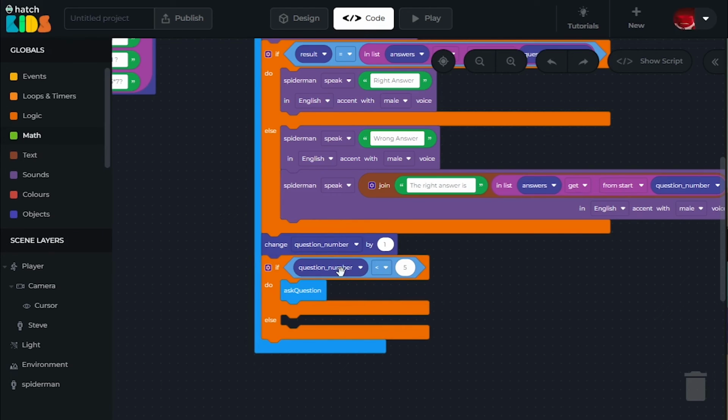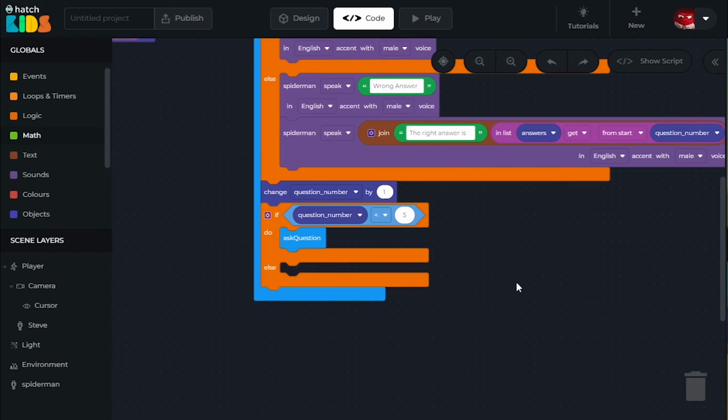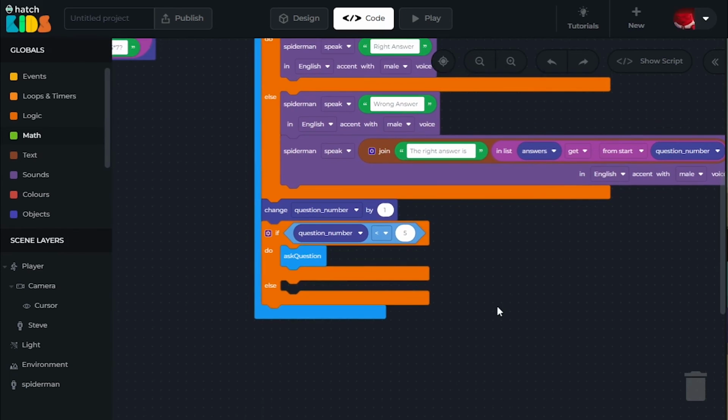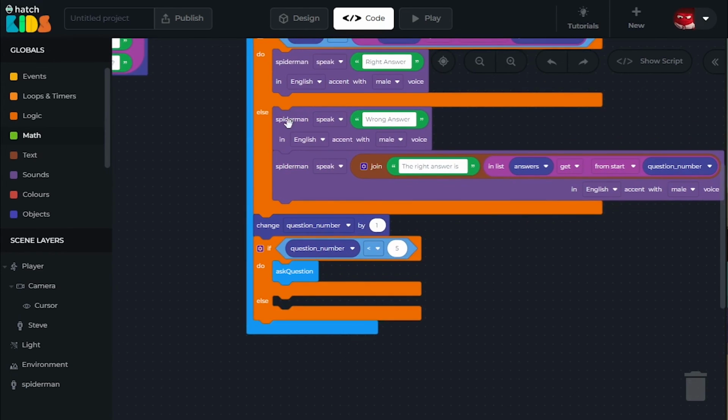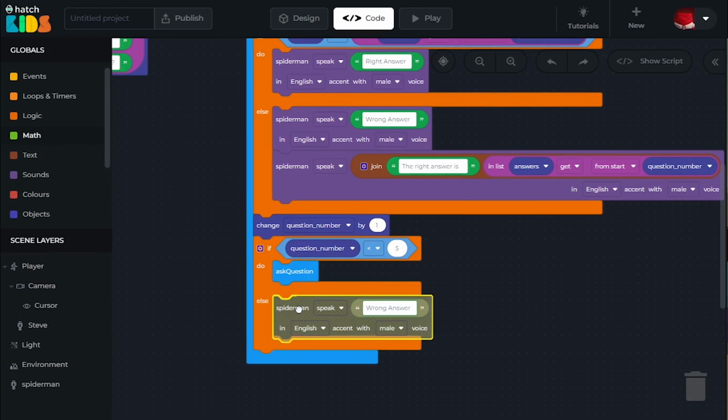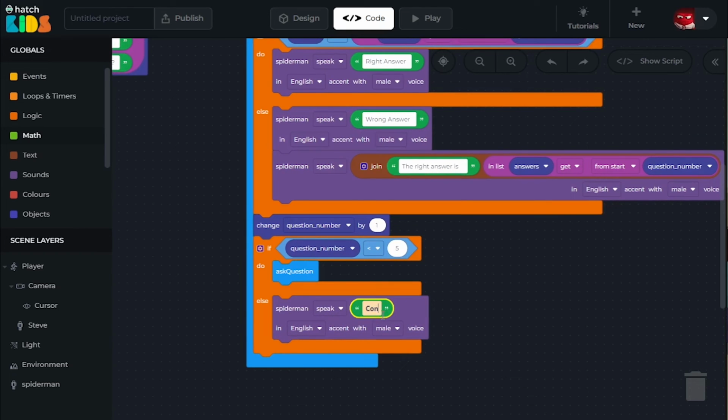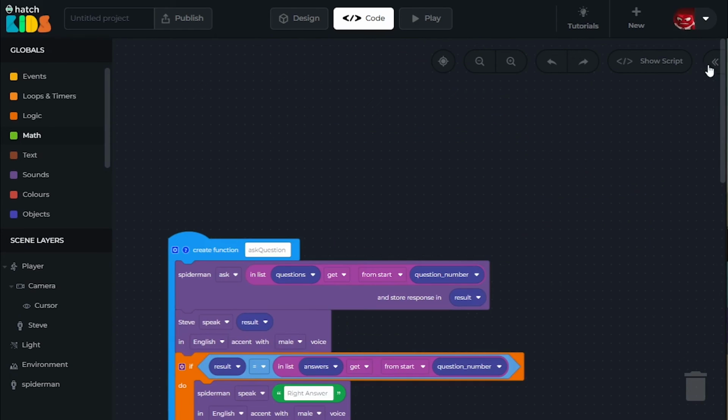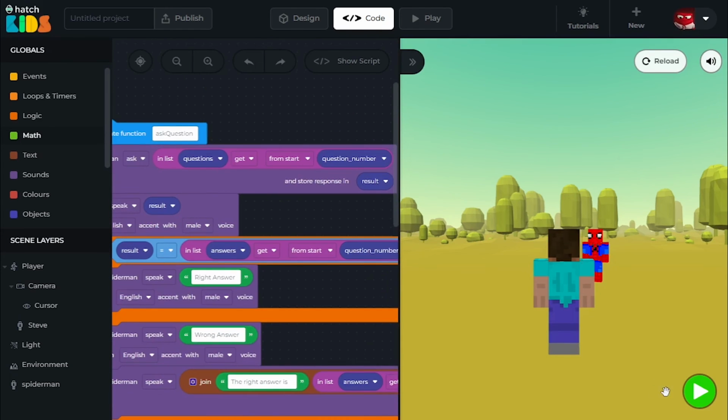So if the question number is less than 5, then my game will keep on asking questions. But the moment question number becomes equal to 5, then what will happen is we can just make our Spiderman speak, congratulations, you did great, and we can end our quiz with that. Okay, so now you will see that if you run your game,